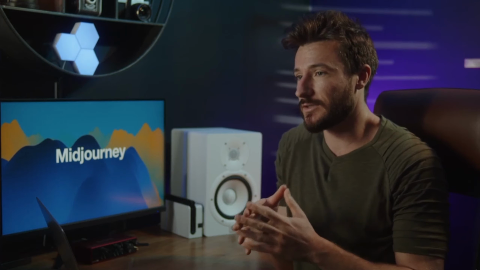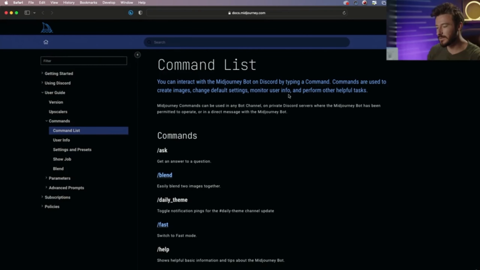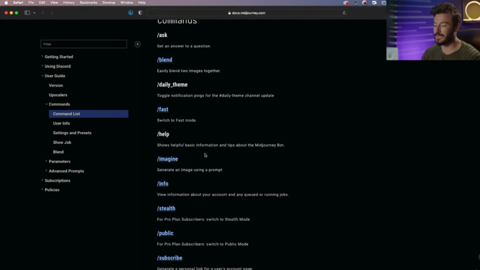When you are engaging with the Midjourney bot through the Discord app, there's two ways that you're going to talk to it. You're going to talk to it with a command and with a prompt. Now, if we look at the command list, this is what I was mentioning about typing in /imagine. This is going to basically tell Midjourney that what you're typing out after this is going to be a prompt